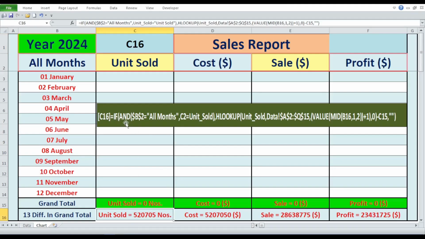=IF(N($B$2="All Months",C2=unit_sold)),HLOOKUP(unit_sold,data!$A$2:$Q$15,(VALUE(MID(B16,1,2))+1),0)-